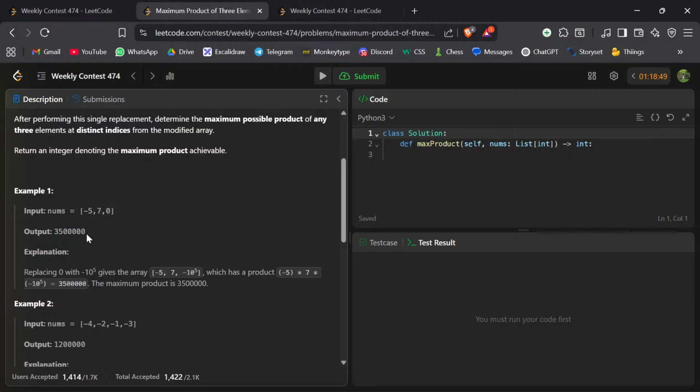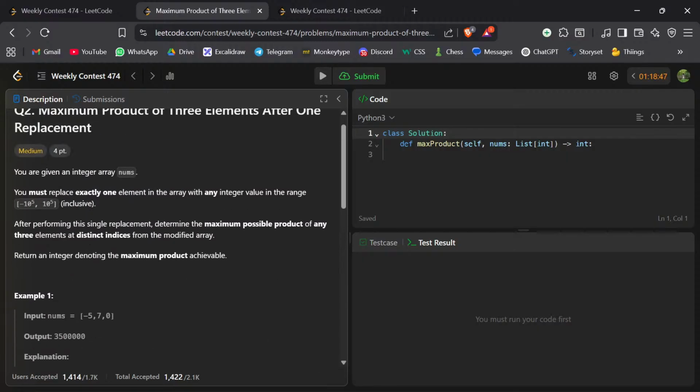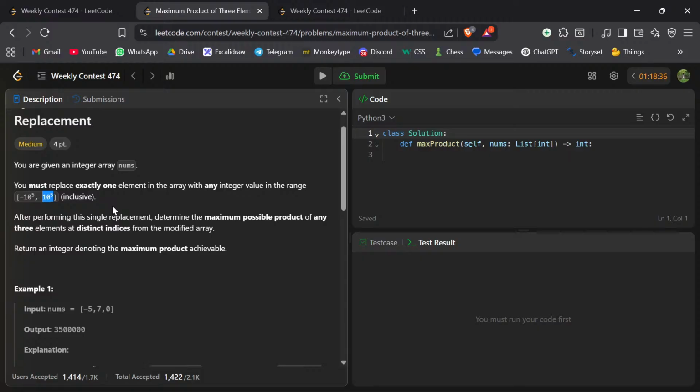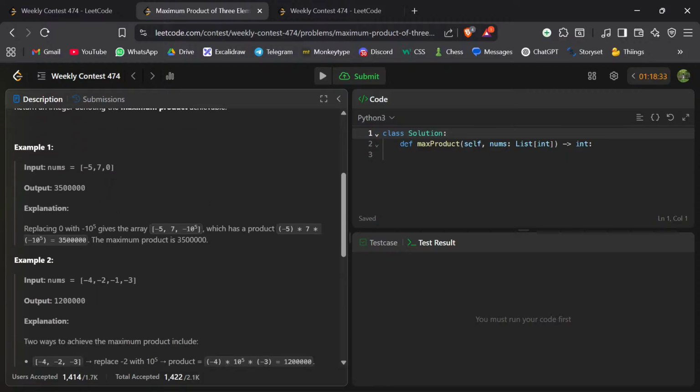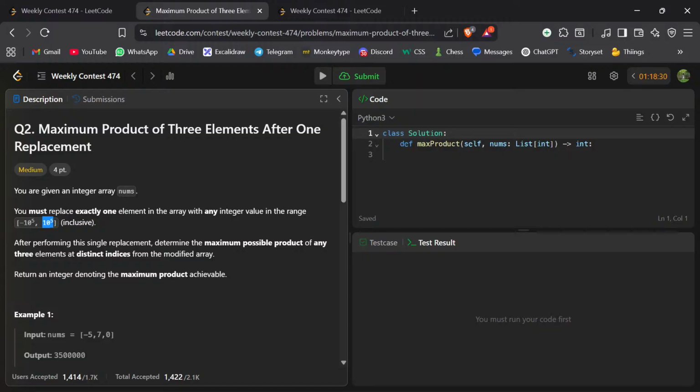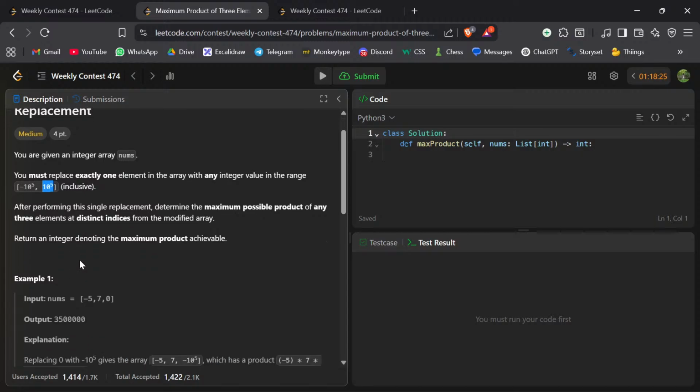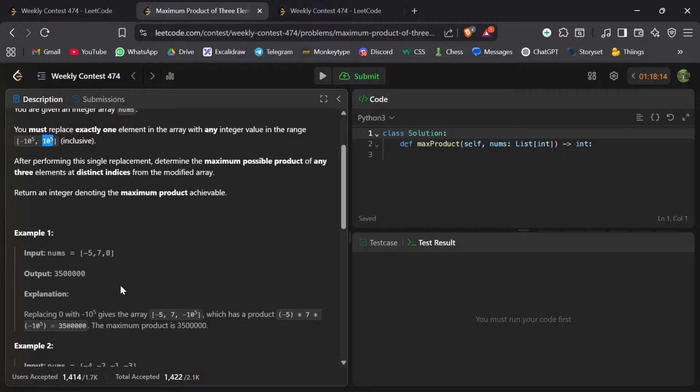This we can like, you must replace exactly one element in the array with any integer value in the range. Oh, this can be done like we can sort the array, then change the first element with this, and then take the last two elements, and if any one of those is negative,